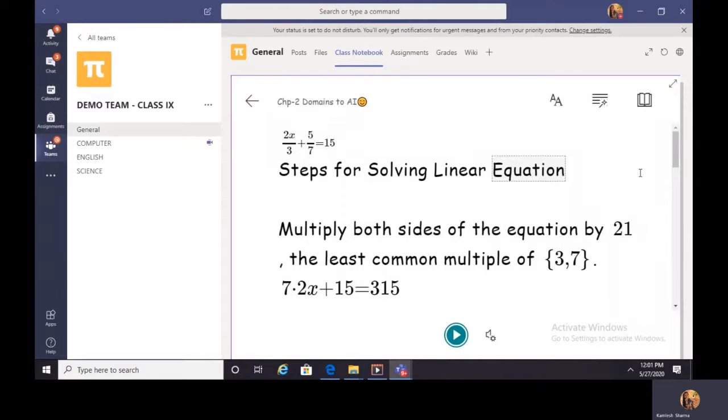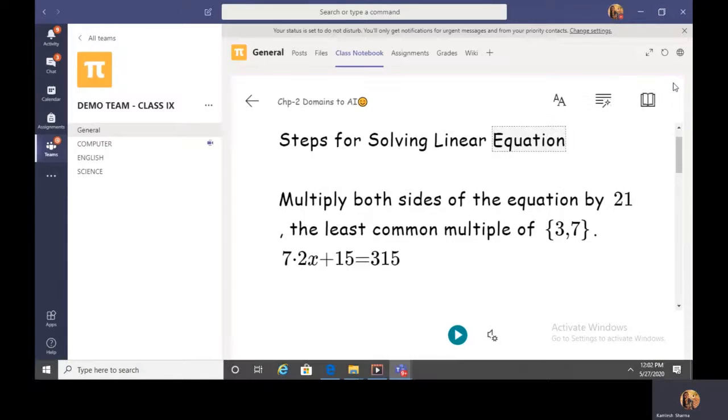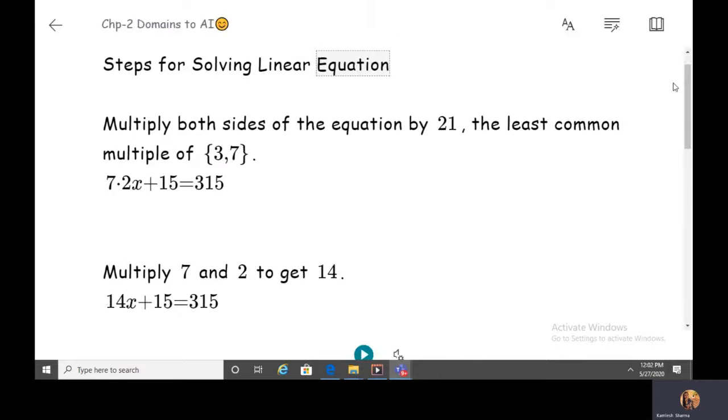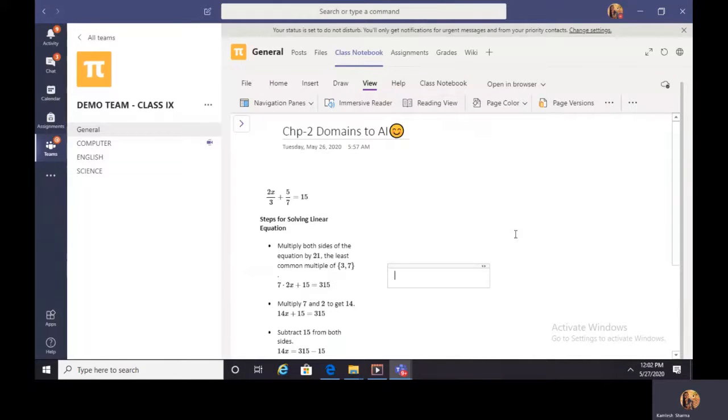Okay, so that's it. This is a wonderful tool for the students. Suppose you want to enter the full screen, you can click on this arrow and it is going to consume the entire space of your laptop. If you want to get back to the normal view, you have to simply click on this exit arrow and you'll be returned to the normal view.